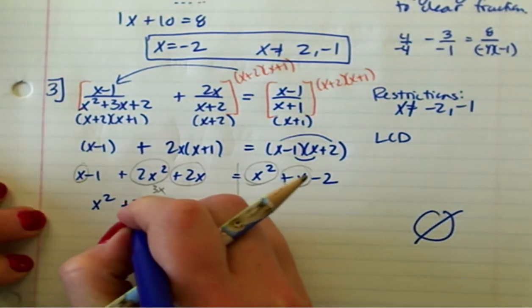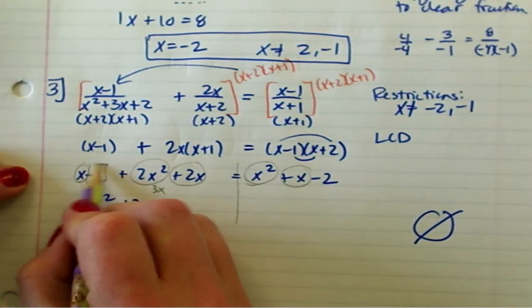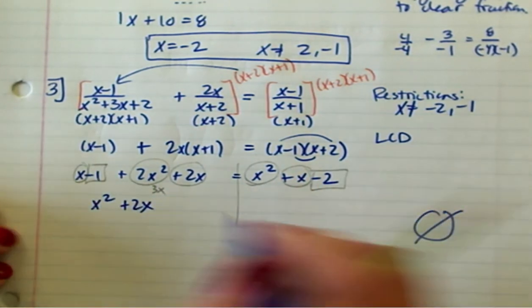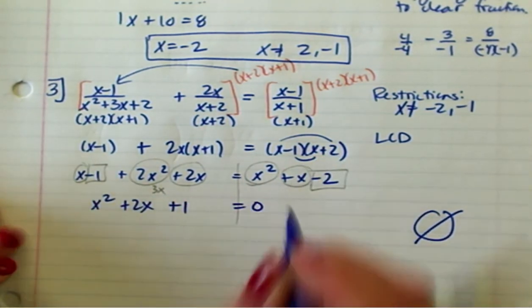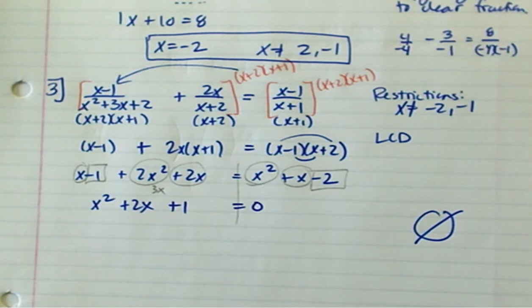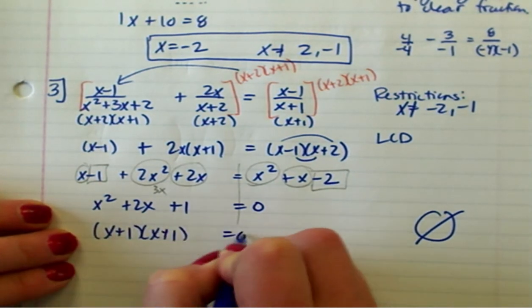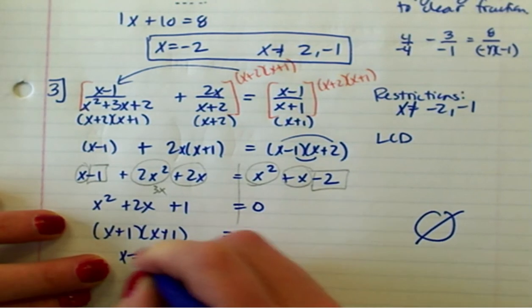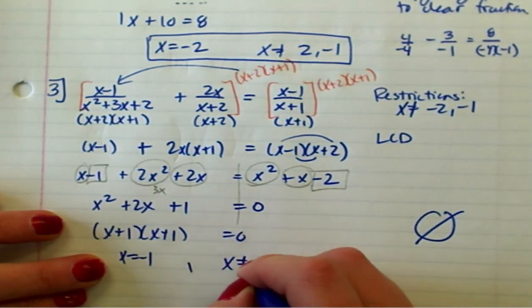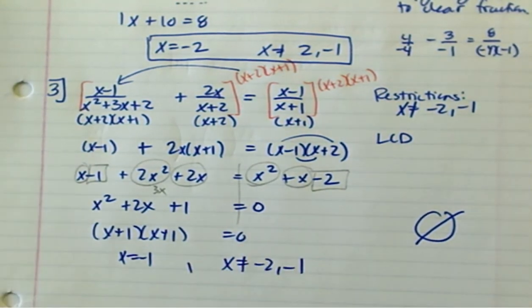So I get plus 2x plus 1 equals 0. I could do a little combining and factor. X plus 1, x plus 1, x equals -1, but I'm going to put that right next to my restrictions. If you solved and got -1, but